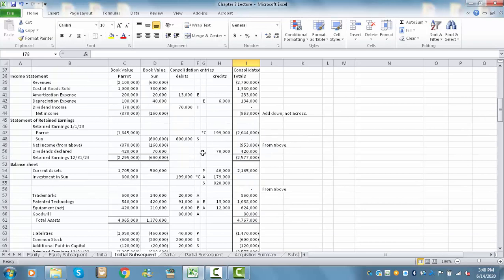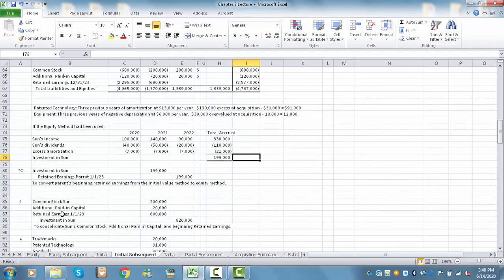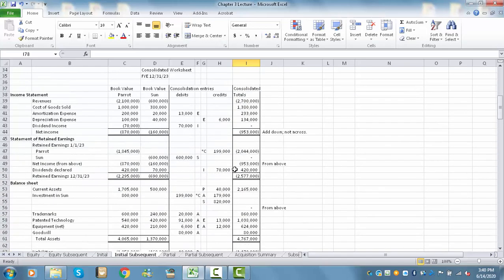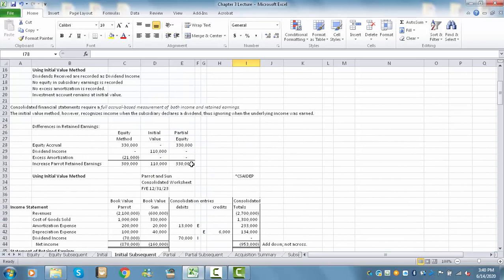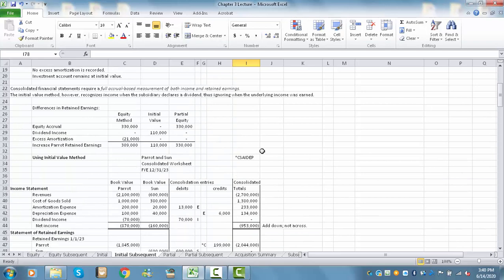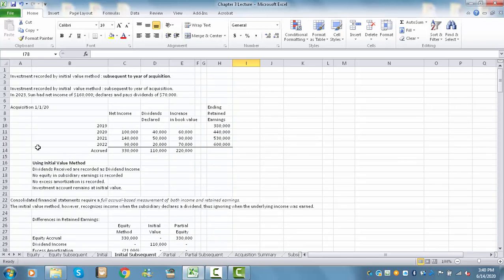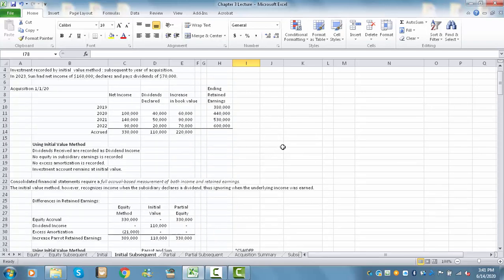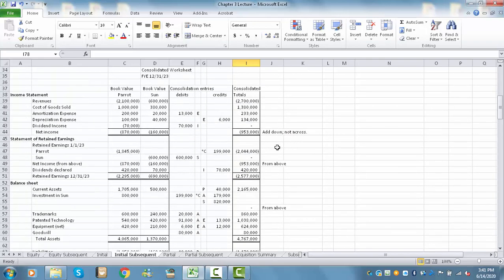And the star C entry is that we're going to increase the investment in Sun and increase our beginning retained earnings to convert to the equity method. That 199, wherever I had it, the 199 difference that I had between the methods. So, S, A, I, D, E,